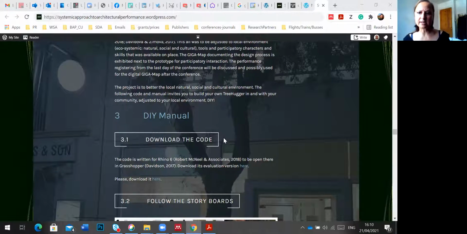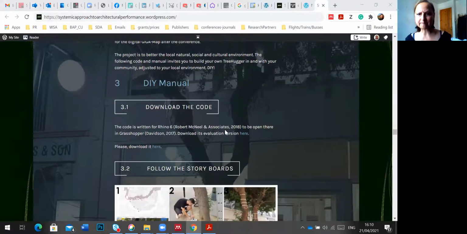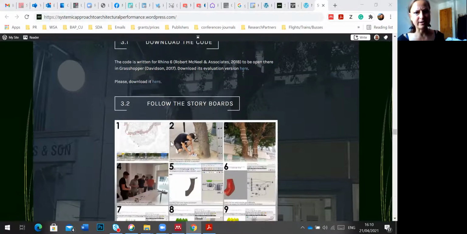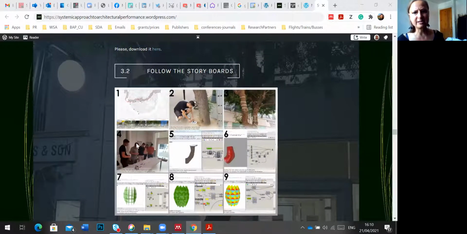So getting to that, this is a report from the project we did in Cyprus. It is done in a software called Grasshopper, which you can download the Rhinoceros evaluation version that is covering the Grasshopper plugin, and you can download the parametric code, which you can then laser cut. So this is sort of a recipe on how to process within this project. You locate the best spot for supporting biocorridors in the central urban environment,